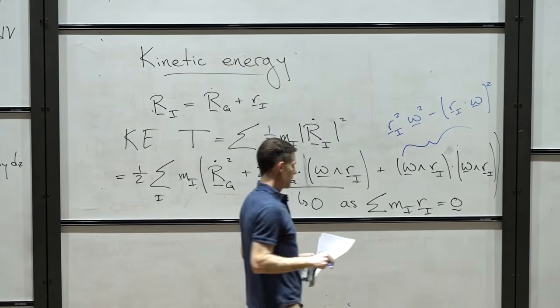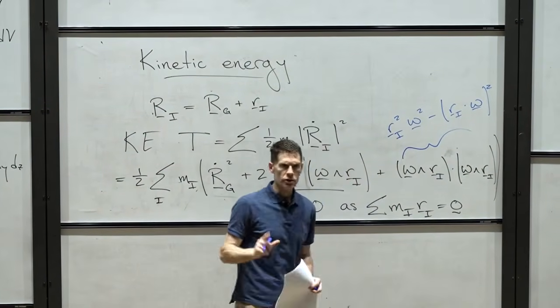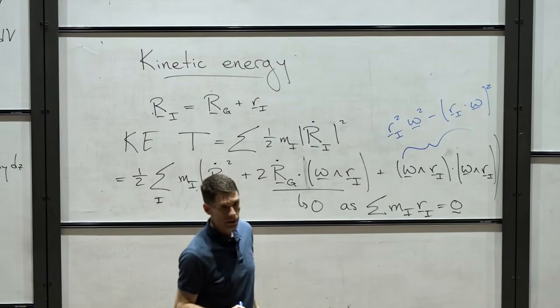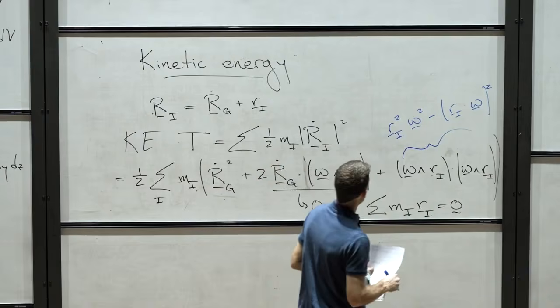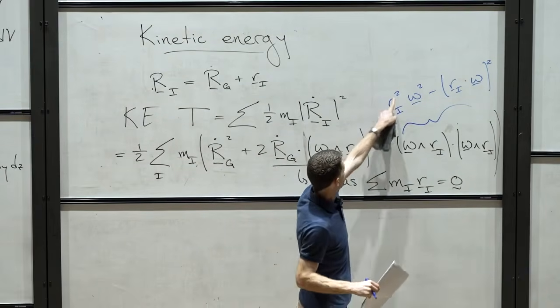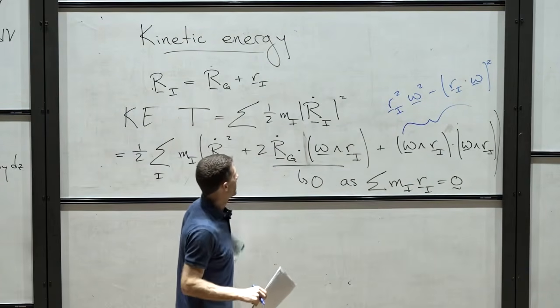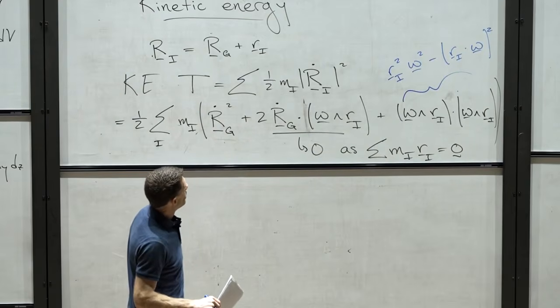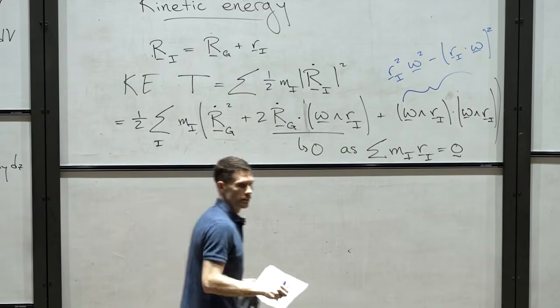This is one of these scalar quadruple products. You proved this in geometry, I think. And I'm using squared to mean r_i dot r_i. That on its own is not super helpful, but